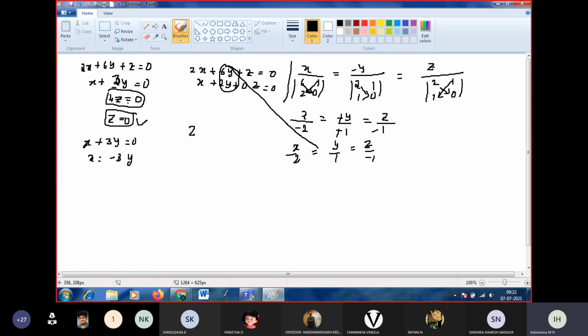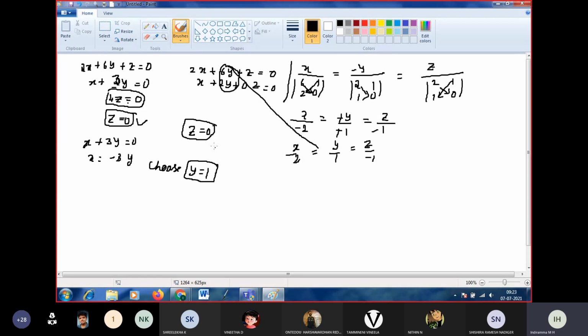Okay, so already I got z equal to 0. Three equations with 3 unknowns is easy for us to evaluate. But here, if you put z equal to 0, you will get 2 equations with 2 unknowns. So as we know, here we have only 2 equations with 3 unknowns. So for that, I am going to choose y as 1. Say k1 also we can choose.